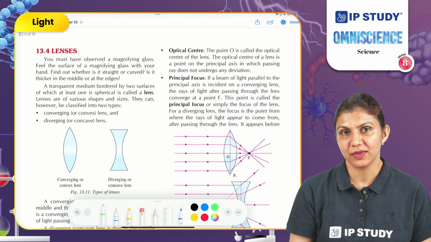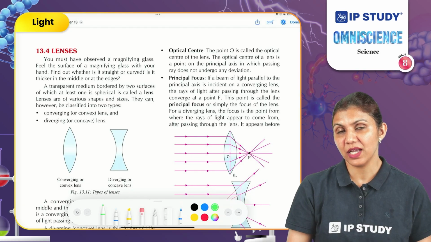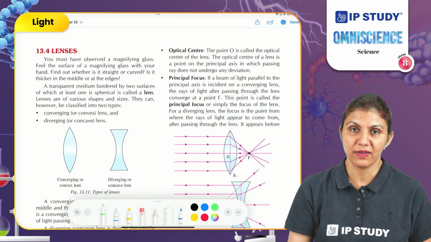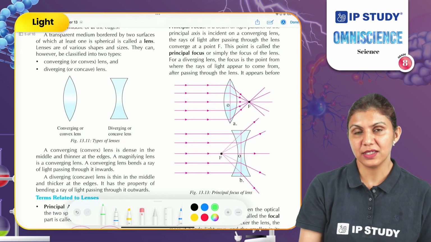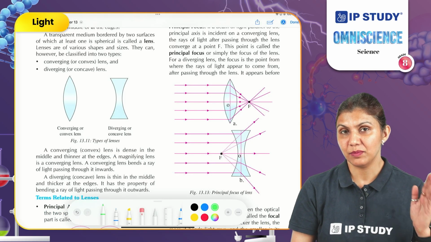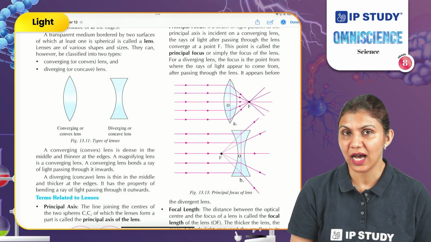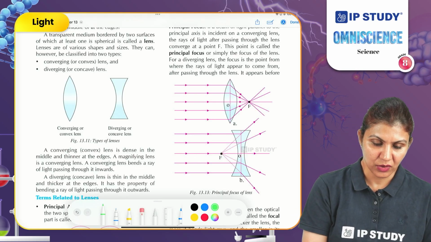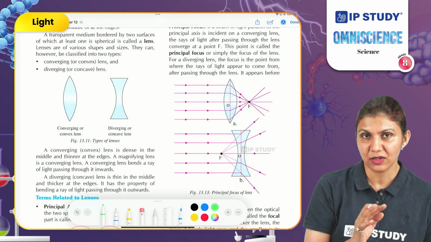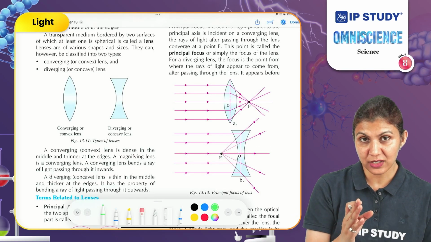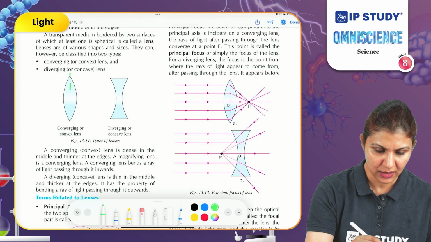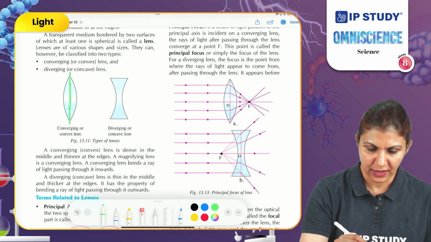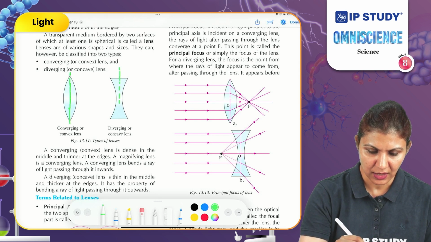Another object which is working on light is the lens. What is a lens? In the previous class we studied 2 types of lenses, concave lens and convex lens. And how are these made? These are made by cutting pieces from glass bowls. So here we have cut 2 pieces of glass bowl, which are now connected through this line. And here also 2 pieces are connected.